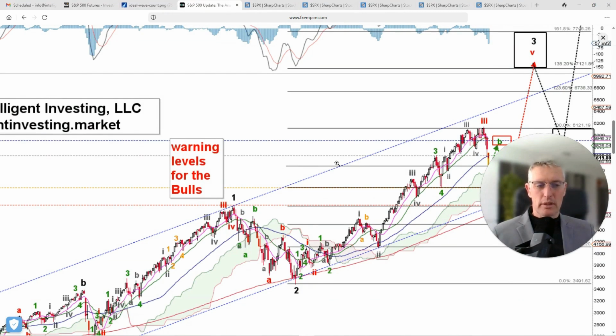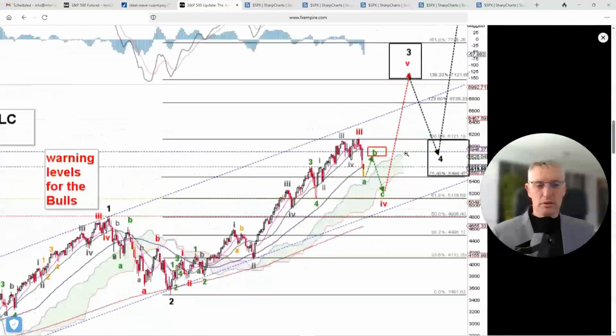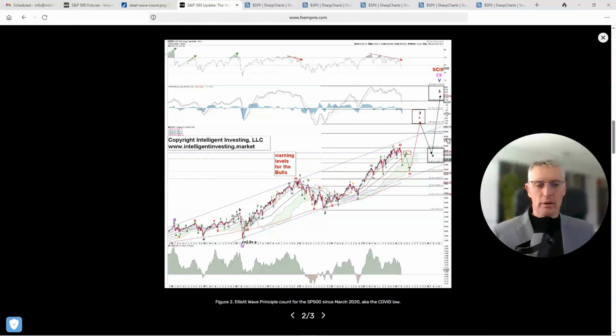I believe we got 6140. And this is of course measured from the wave 2 low. Okay, so nothing weird going on right now. So this is then our wave 1 right here. This is our wave 2, and then we're 1, 2, 3, 4, 5 for wave 3, A, B, C lower, and then the wave 3, okay, to the ideally 138.2, assuming wave 4 is going to bottom there at 5116.